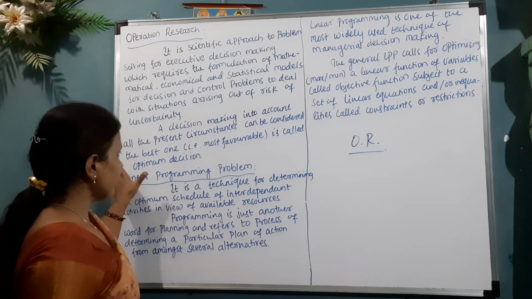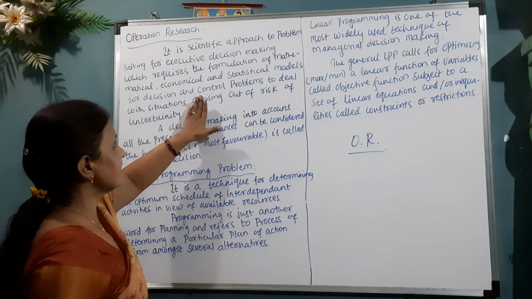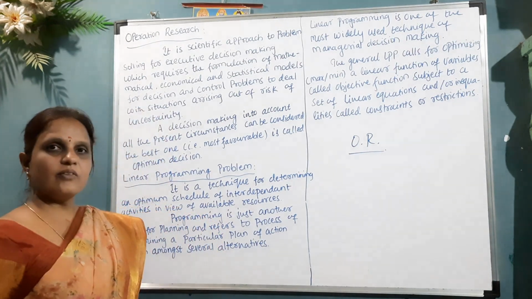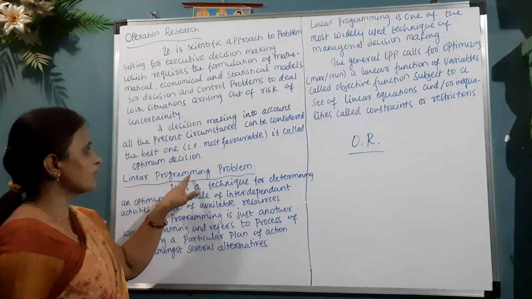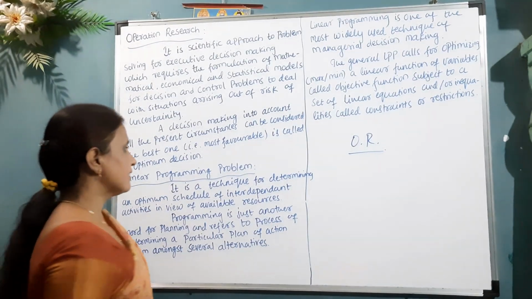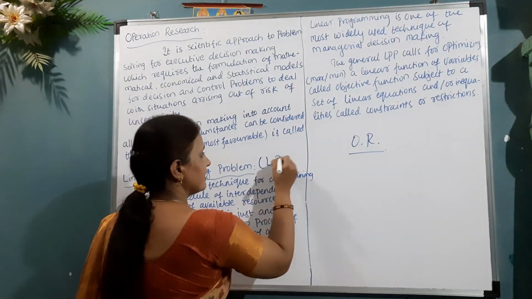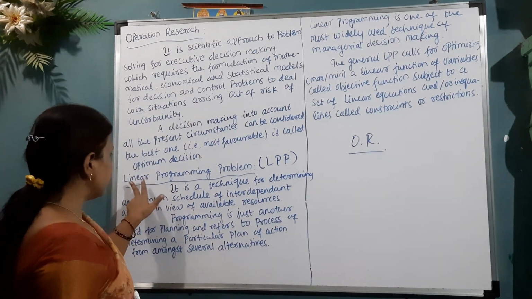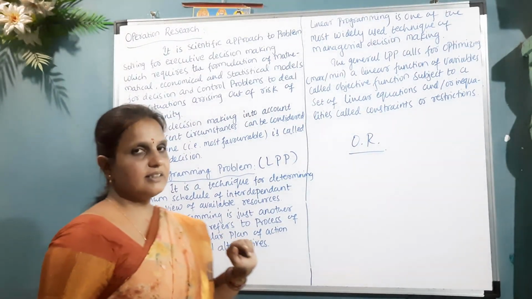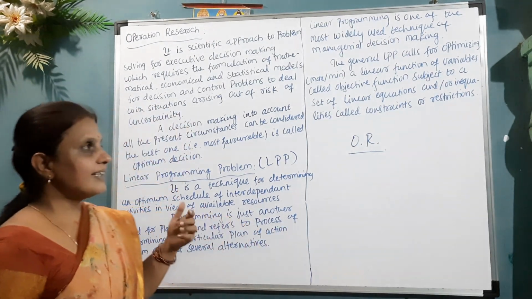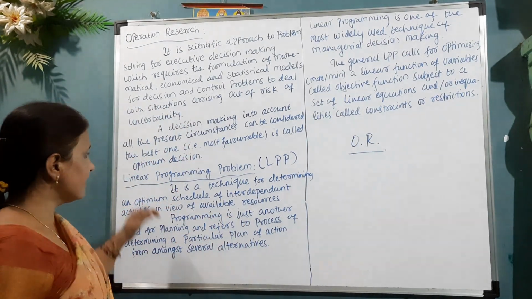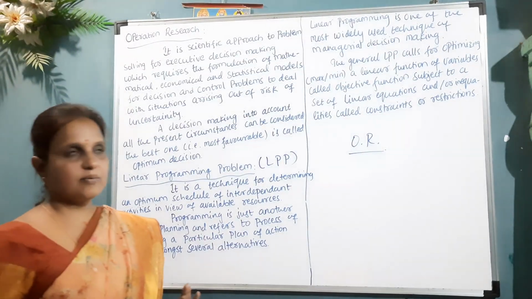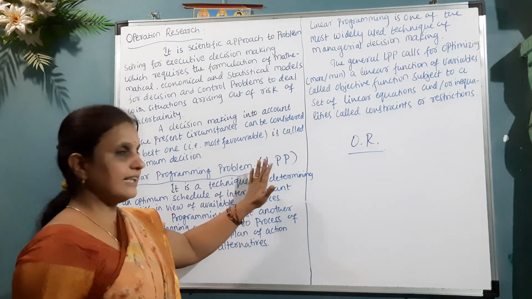Now operation research has many techniques to solve problems. Among them, one of the techniques is the linear programming problem. In short, we write it as LPP. Here in linear programming problem, linear means, as we already know, having degree 1. Means any problem can be expressed as a linear equation, then that problem is solved. That will be linear programming problem, but it is not only that.